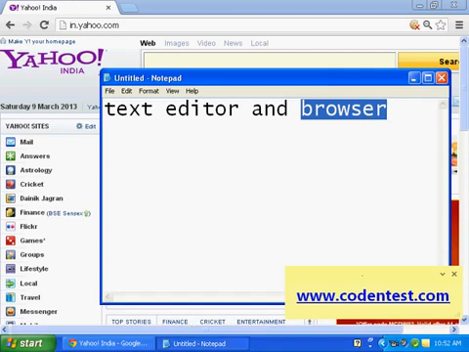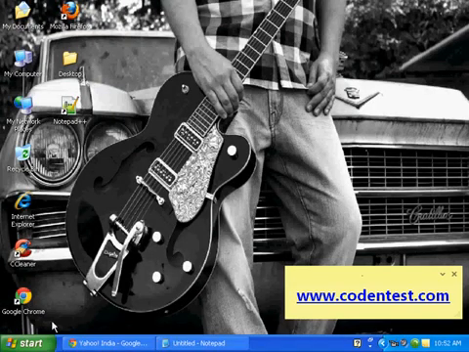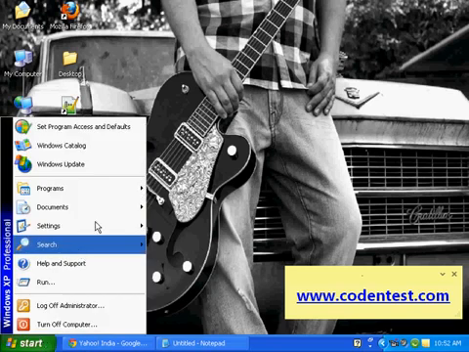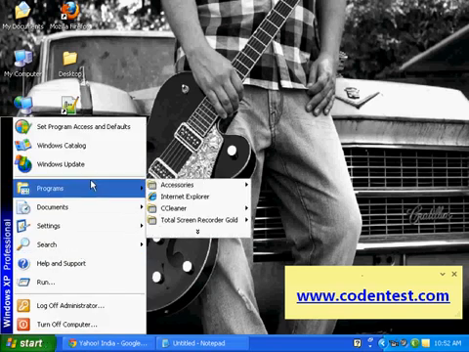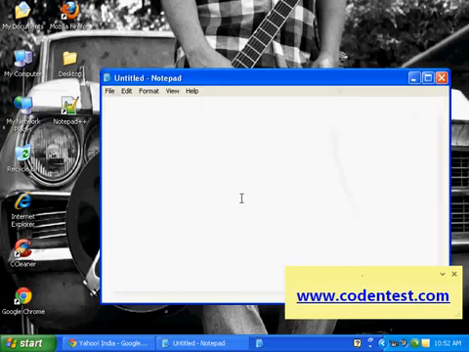If you are using a Microsoft operating system, like I am, you can go to your programs, accessories and Notepad. Open Notepad. This is your text editor in the Microsoft operating system.